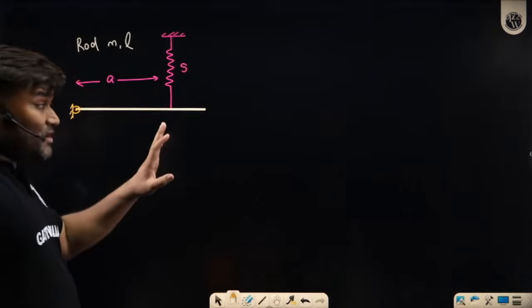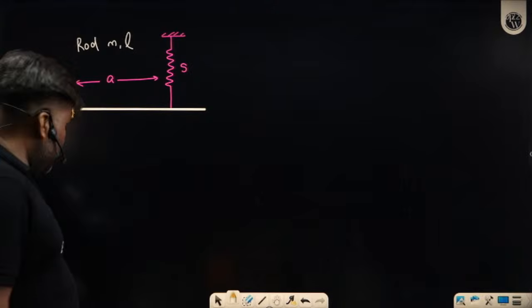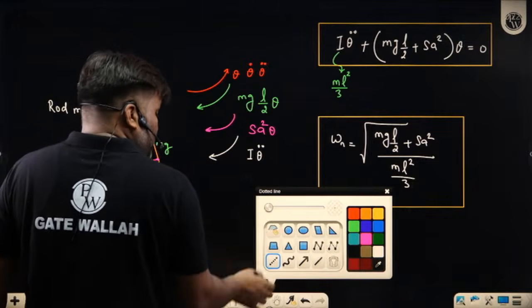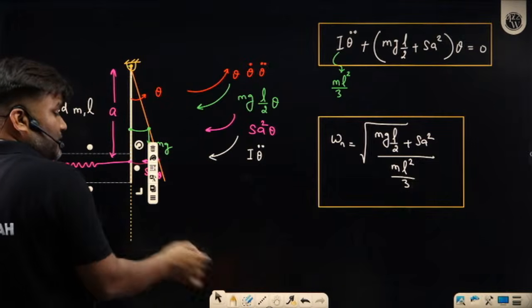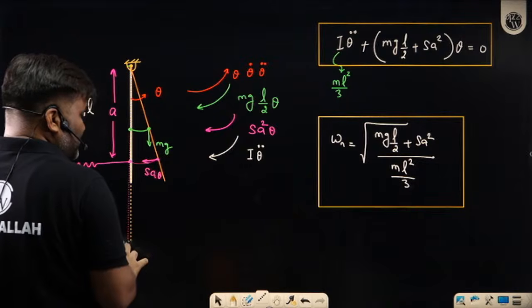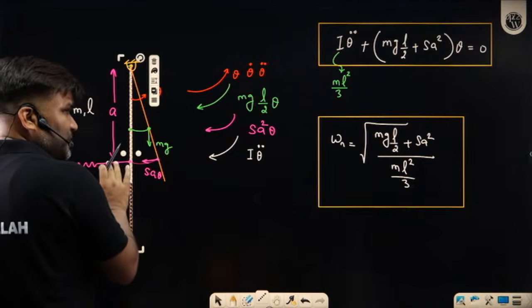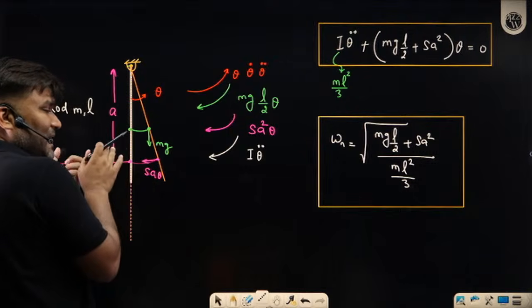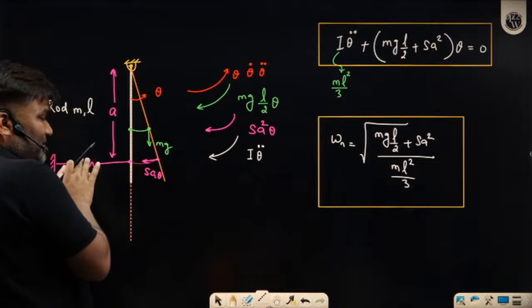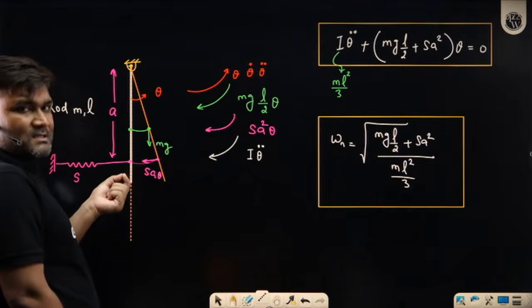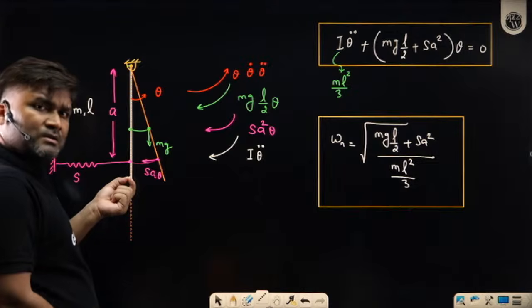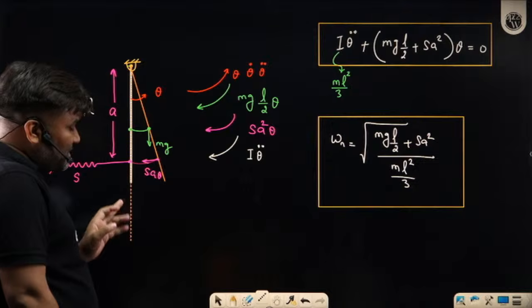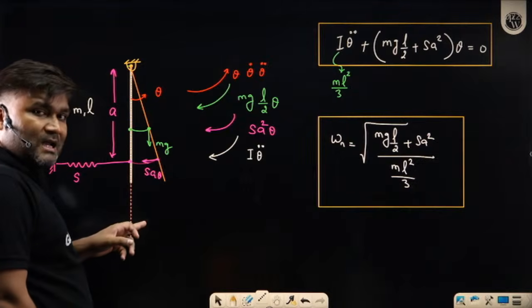How can we solve this? And what is the difference between this situation and the earlier situation, sir? In the earlier situation, if this spring was not here, the initial position of this system was here. If you connect the spring, I am still holding it. The spring's unstressed length is this, and once I release this mass, release this rod, this initial position itself becomes your mean position. So initial position and mean position are exactly the same. Both these dotted lines are coinciding.